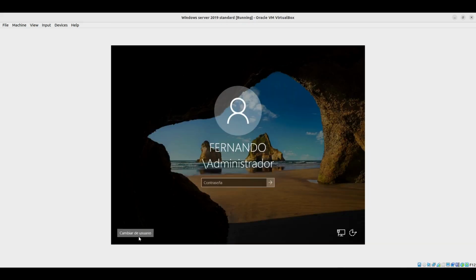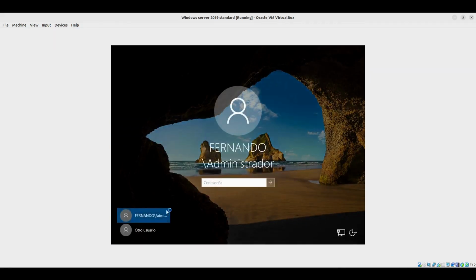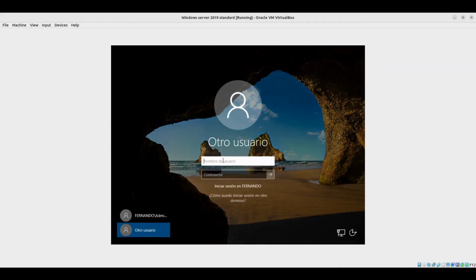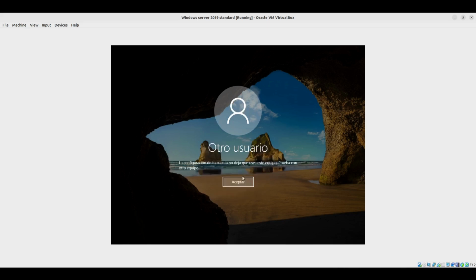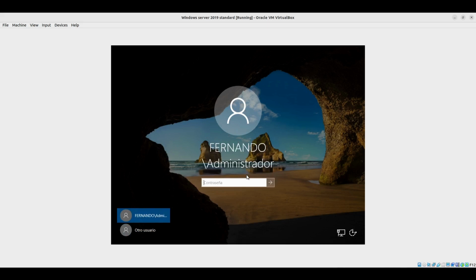Right now we are able to log in the domain controller with the account of Anna. We select another user and select user workstation /1 and its password. It's going to say to us that the configuration of our account doesn't work in this system. So we're going to log in the domain controller